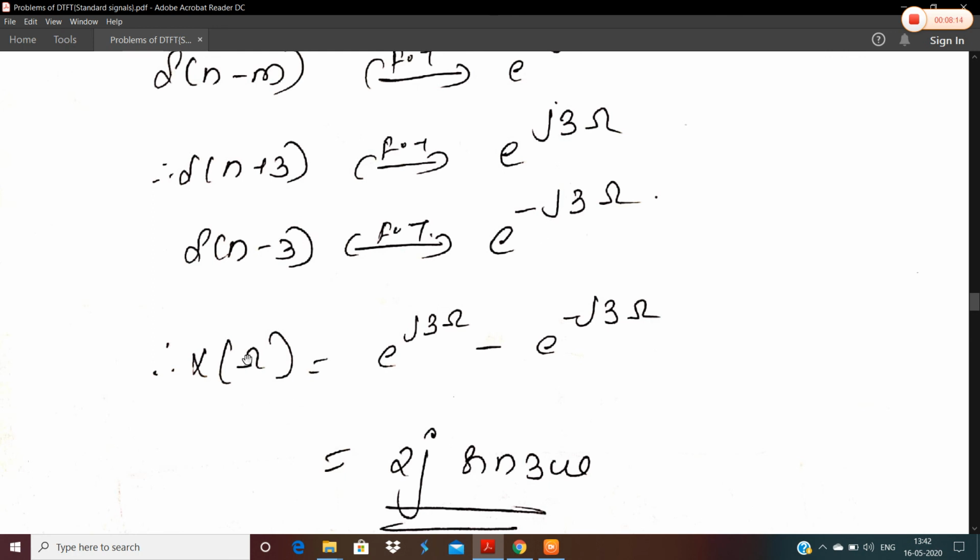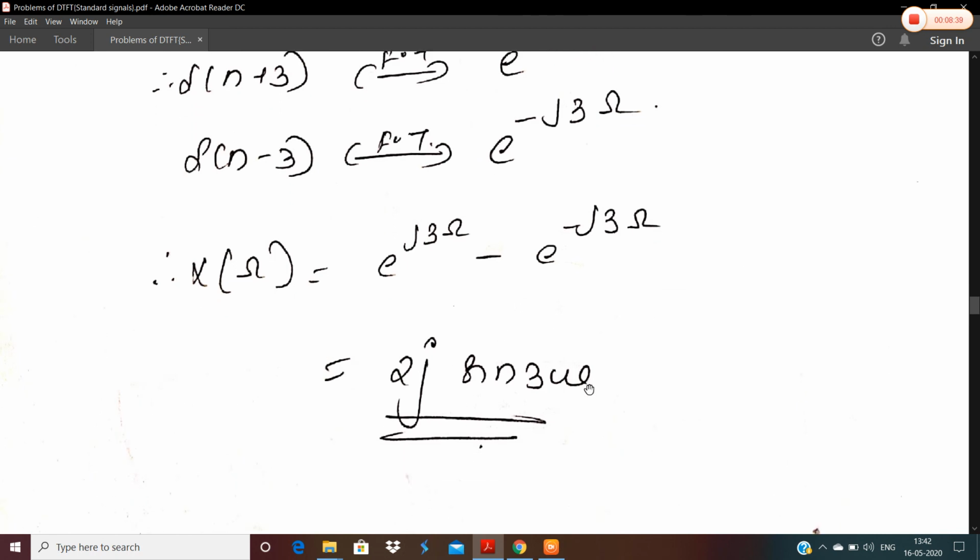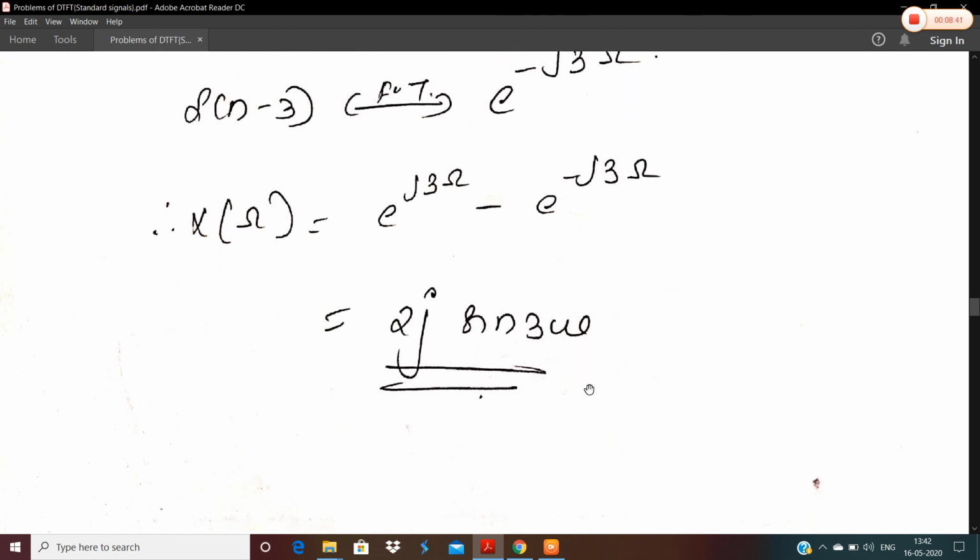So the value of X of omega is e raised to j3 omega minus e raised to minus j3 omega. It's of the form e raised to j theta minus e raised to minus j theta. We know that it can be written in the form of a sine function as e raised to j theta minus e raised to minus j theta by 2j, which is nothing but sine theta. Here the value of theta is 3 omega, and taking this 2j to the RHS, we get it as 2j sine 3 omega. So that's all for some basic problems on